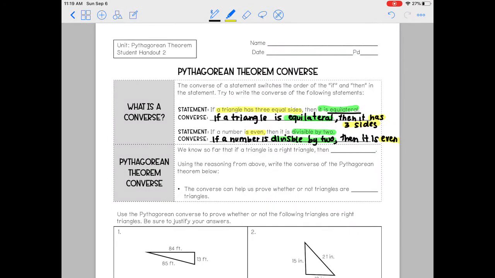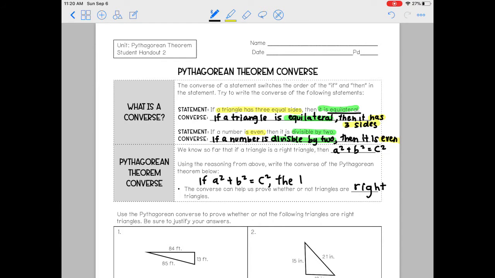So we have the Pythagorean theorem converse. We know so far that if a triangle is a right triangle, then a squared plus b squared equals c squared, right? Using this reasoning above, write the converse of the Pythagorean theorem below. The converse can help us prove whether or not triangles are right triangles. So our converse is going to be if a squared plus b squared equals c squared,